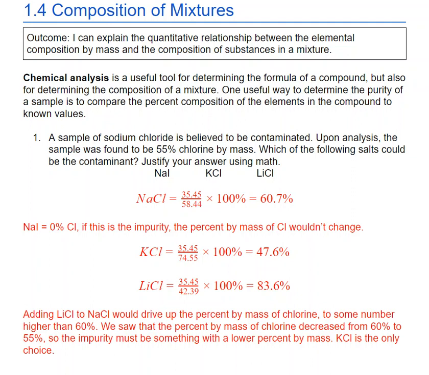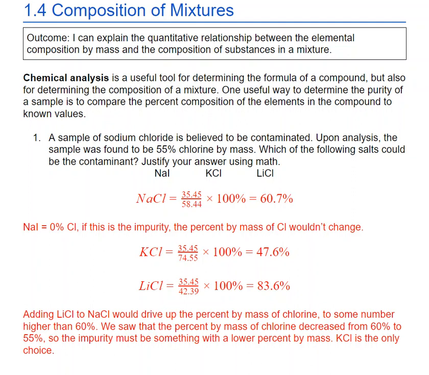1.4 is composition of mixtures. So our outcome is I can explain the quantitative relationship between elemental composition by mass and the composition of substances in a mixture. So we're taking this composition by mass idea and we're going to extend that to then apply